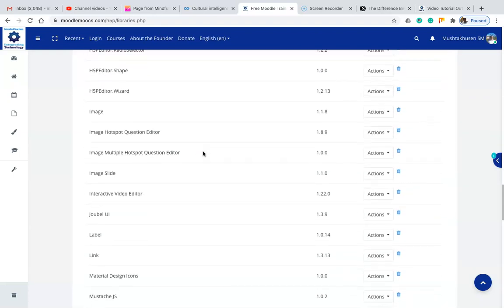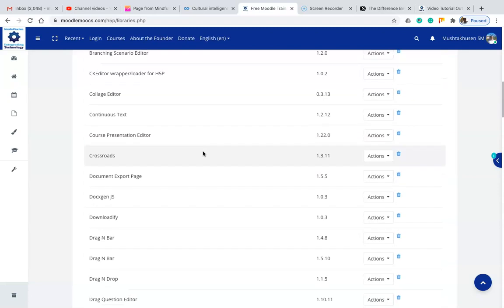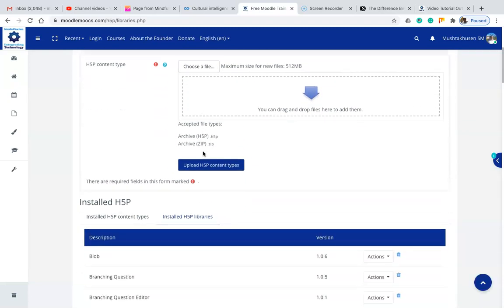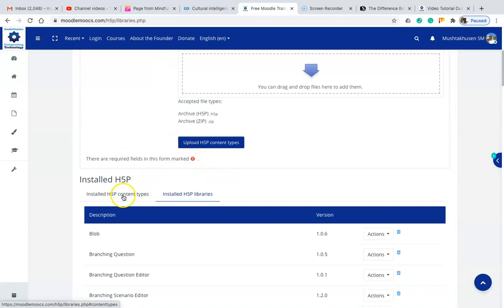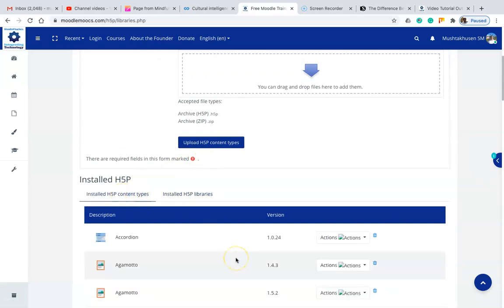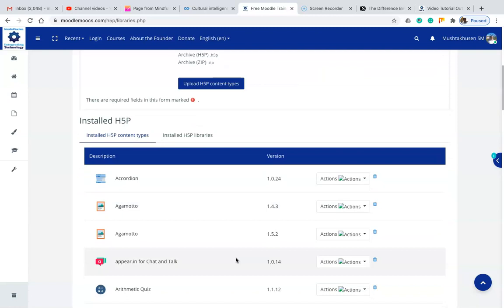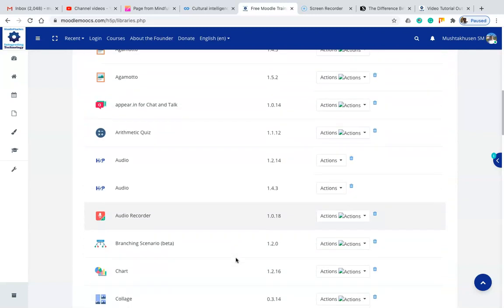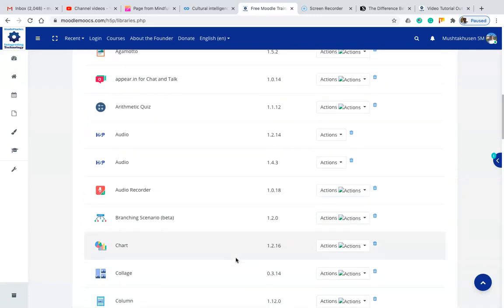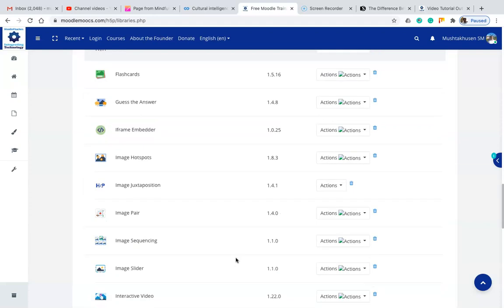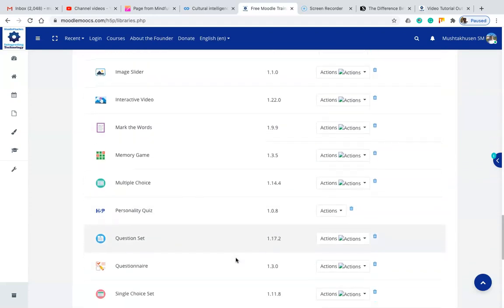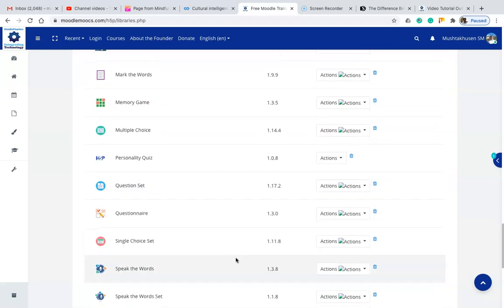If you go to h5p.com, you will find a number of things, or if you go to this web portal, you can create your own. But to understand better what interactive tools we can add, this is an external plugin that can be added to make our course more interactive. You can just look at that: image sequencing, image slider, interactive video, mark the words.